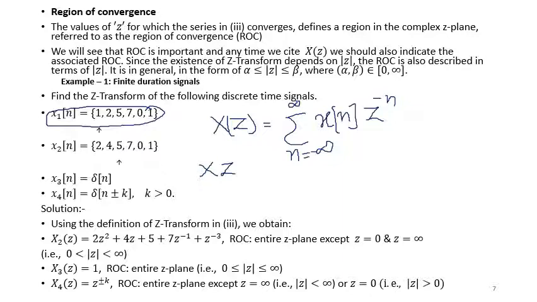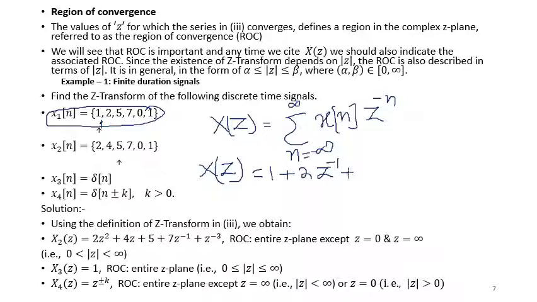So X of z is equal to, I just start with n equals 0, so x of 0 has value 1, so I straight away write 1, and because n is 0, z power 0 will be equal to 1, so 1 multiplied by 1 results in 1, plus then we have, at this point for n equals 1, a value of 2, and when n equals 1, I can write 2 into z power minus 1